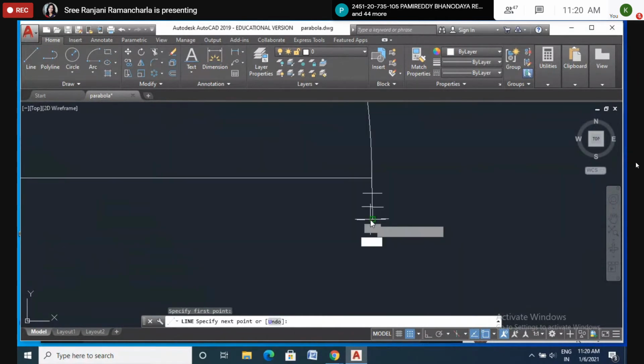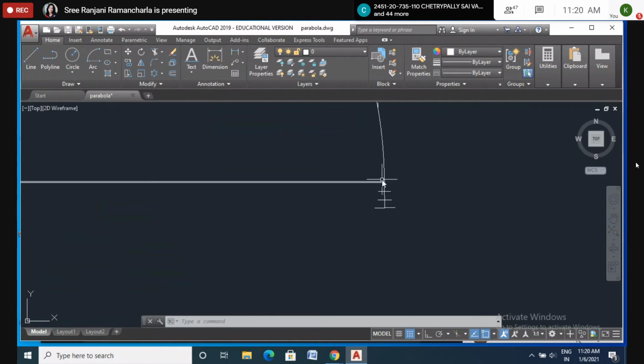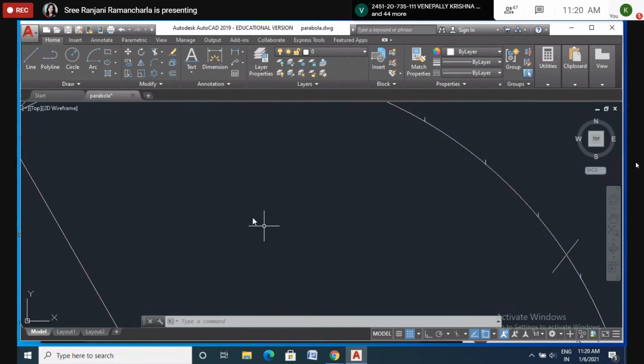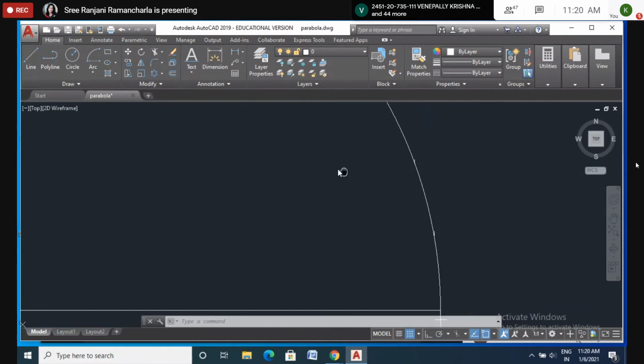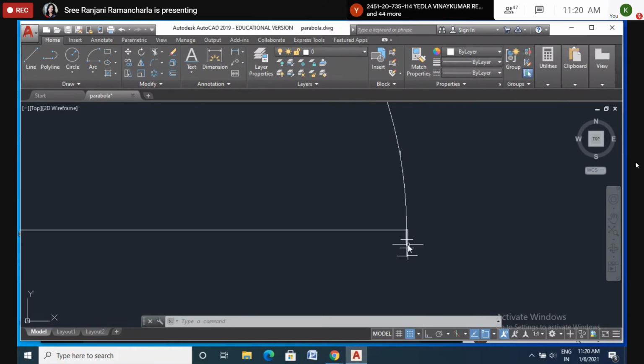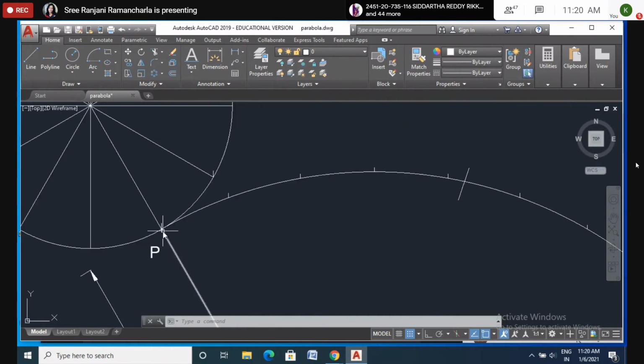Suppose the curve is extended till here. So we have to divide these to each part, to each division. So how to divide is this way. After getting this extra length, you have to reduce that one. From here you measure the first part and take that as a length, as a radius. Take this as a point P and measure it and cut it here somewhere. Like that you can do it.